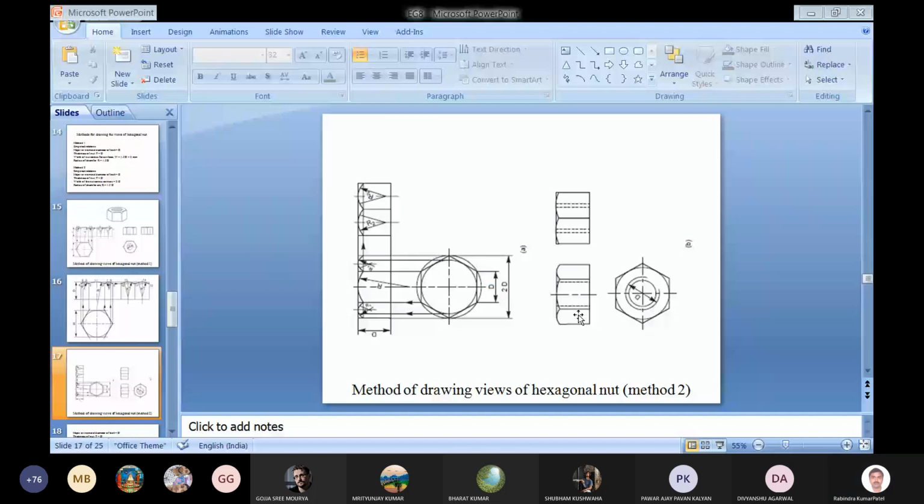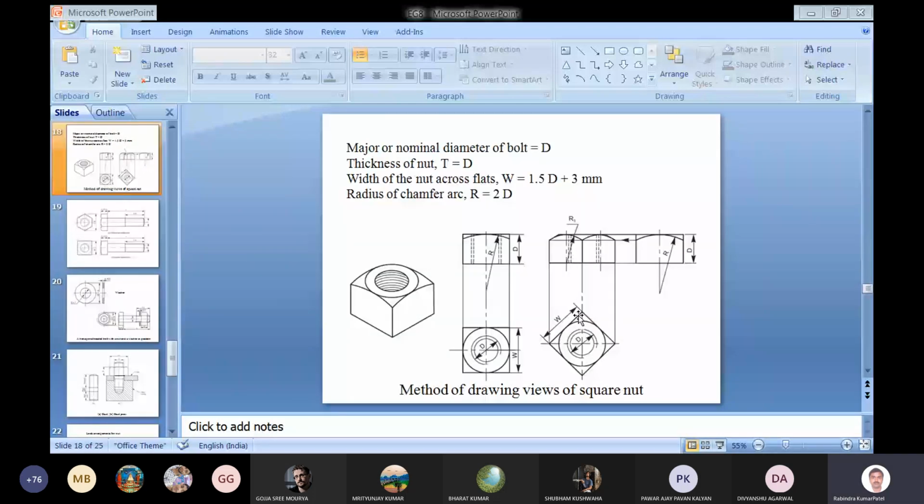internal threads. This is related to the square headed nut. Square headed nut is there, so it also has different dimensions in terms of D. And for making the different views, for this case we can use the top view. If top view is like this, then the side view